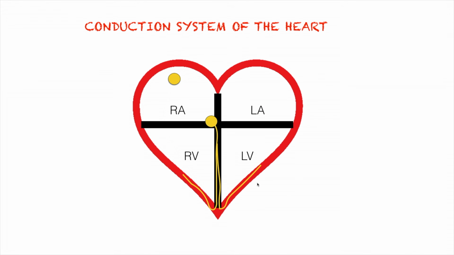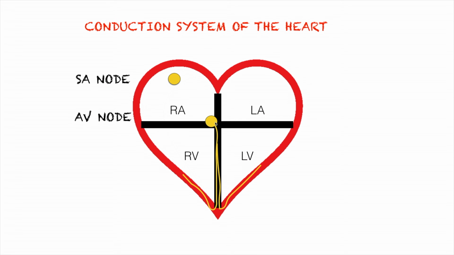The first special cell is called the SA node or the sinoatrial node. This is also known as the natural pacemaker of the heart because this is where the beginning of the conduction takes place. So from the SA node, the conduction system goes to the AV node right over here, or the atrioventricular node. This is also known as the gatekeeper of the heart because it gets to decide what impulse to let through. If the SA node generates a weak impulse or it doesn't fire at all, the AV node will perceive that and will decide not to let that impulse go through. And instead, it conducts its own impulse.